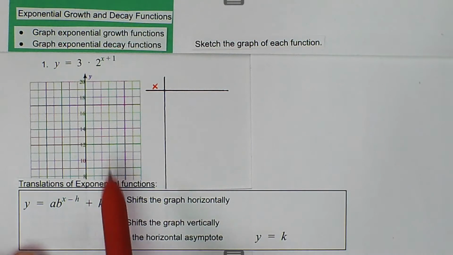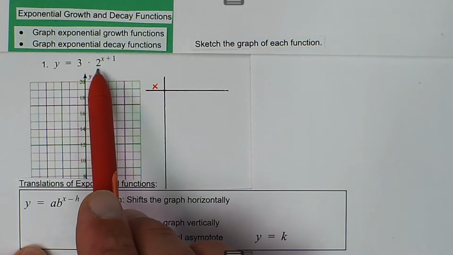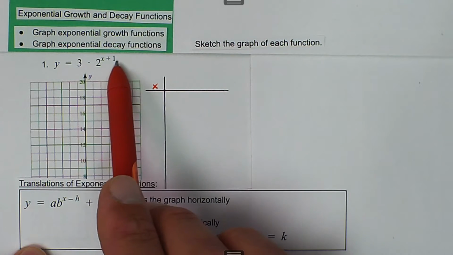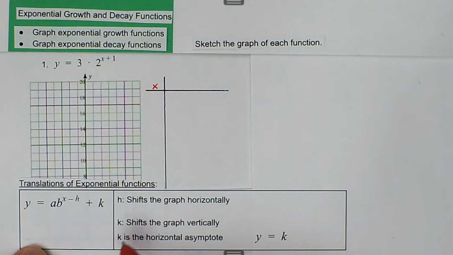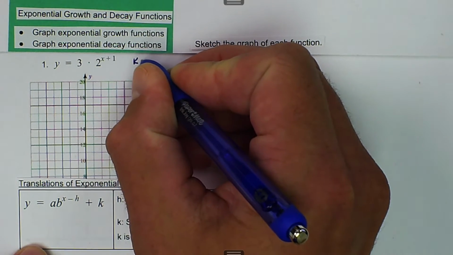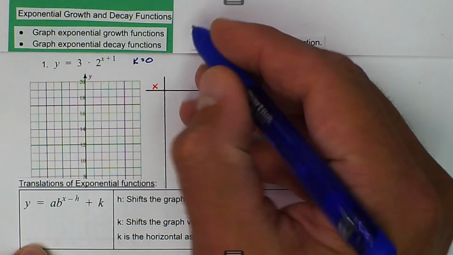So in this case, 3 would be our a, b would be 2, h would be -1, so negative substituted in here makes it a positive. In k, in this case, we don't have one written down, so in that case, if there's not one written down, then we know that k is equal to 0. So because the k value is equal to 0, that tells us that our asymptote is y equals whatever the k is. So our asymptote